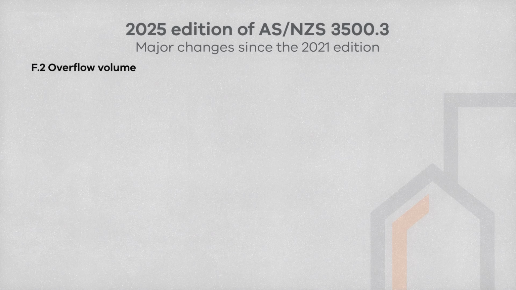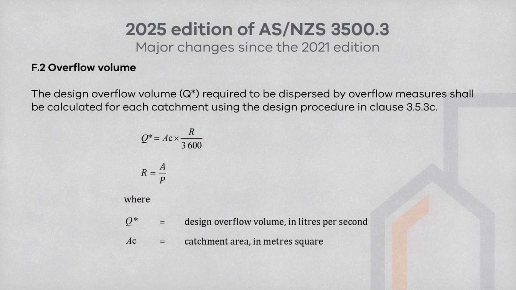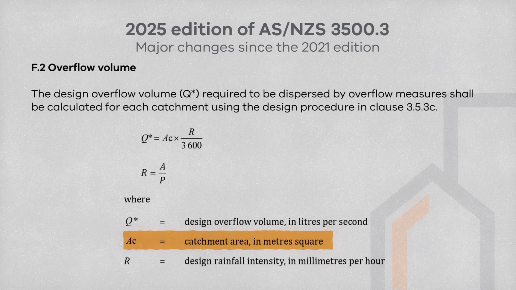Now let's look at clause F.2 overflow volume, which explains how to calculate the design overflow volume Q** that must be managed by EVA's overflow measures. You can find this value by multiplying the catchment area A by the rainfall intensity R and then dividing by 3,600. So the first step is to determine the catchment area A, that's the total roof area draining to EVA's